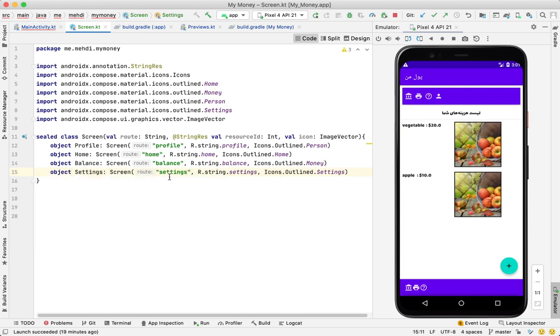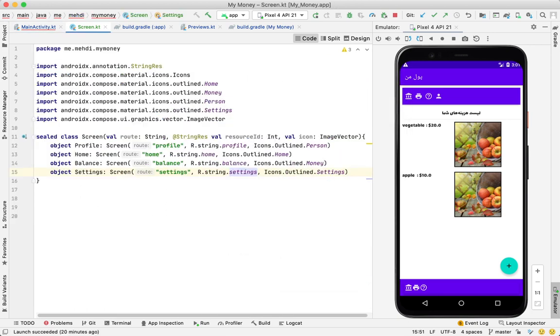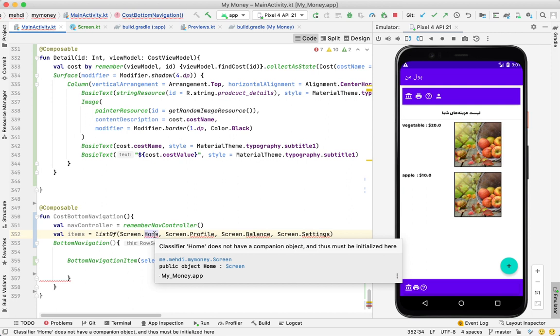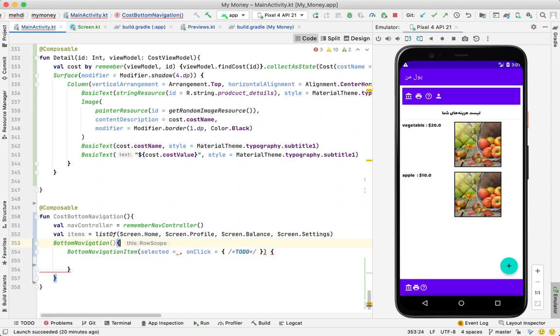They will have a route, a string resource, and an icon reference. And after that, this will be fixed, probably. Not yet fixed. Classifier, oh, okay, it's fixed. It's gone. And now we should